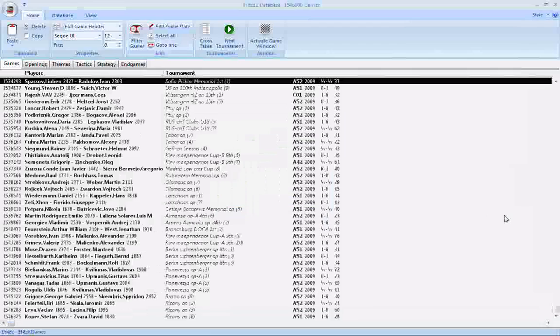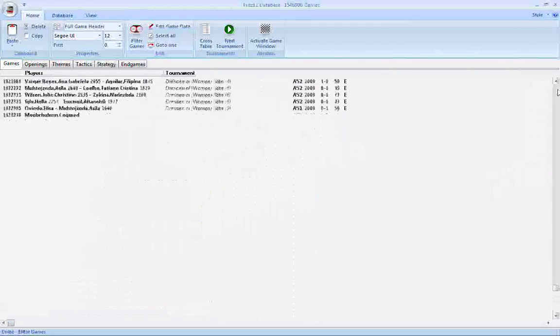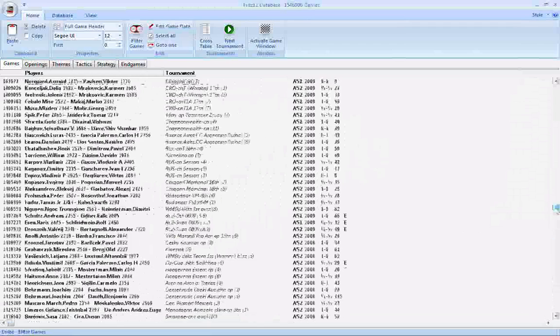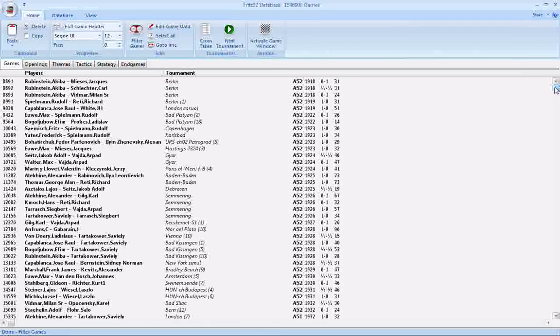Now it's done. So what do we do now? To copy games in Fritz, and I'm not going to lie to you, this is a whole lot faster in ChessBase. ChessBase allows you to have two databases open at one time, whereas Fritz has to flip back and forth between a couple different databases. So it takes considerably longer in Fritz to do a copy function than it does in the full ChessBase program. But to do it in Fritz, all you need to do is click on the first game,